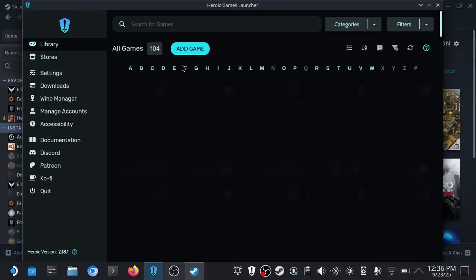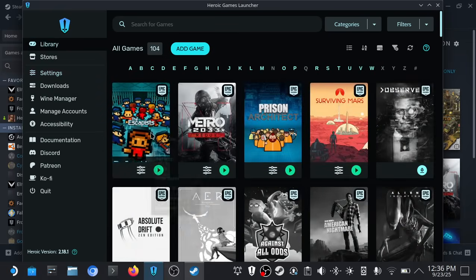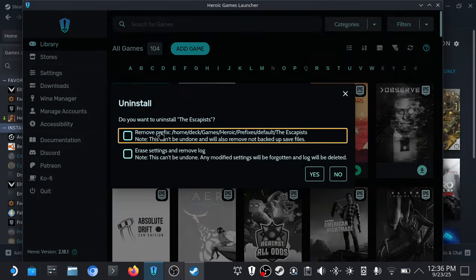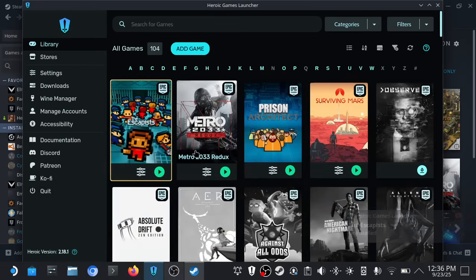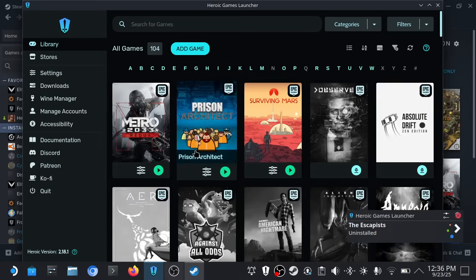It's still installed in Heroic, as we can see here, and it would just be an uninstall, yes, get rid of everything related to it, and boom, gone. Easy as that. Of course, to remove it, you'd have to launch the Heroic browser, and so on and so forth,